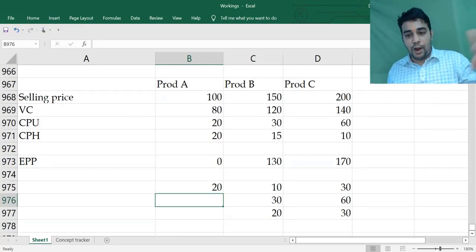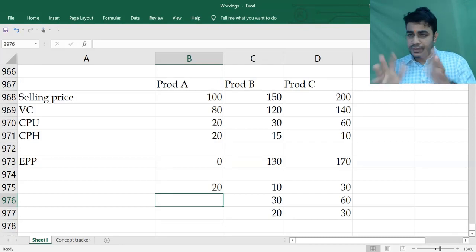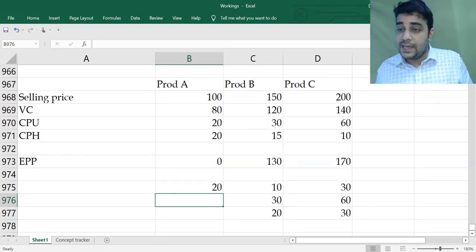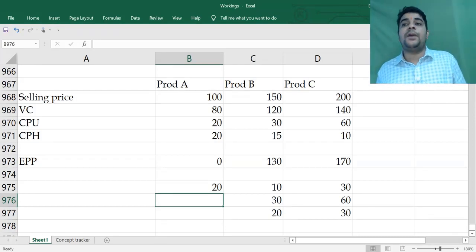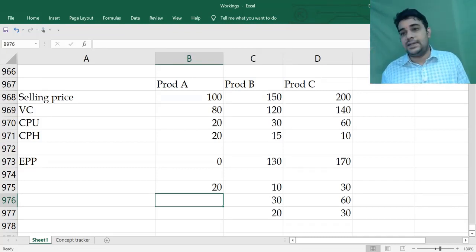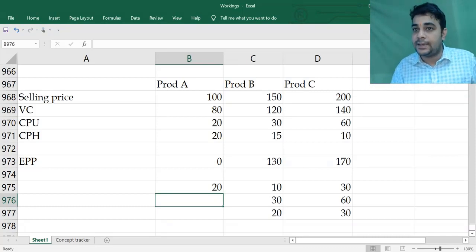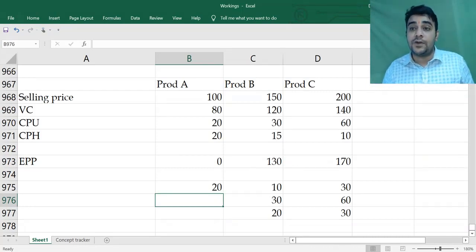In fact, in the problems which I am going to do now, they will not give the outside purchase selling price itself. In some make or buy problems with a limiting factor, they will not give the external selling price, and that time you will not have confusion. The moment they give the external selling price, students unnecessarily complicate it by doing the ranking on the basis of contribution per hour.